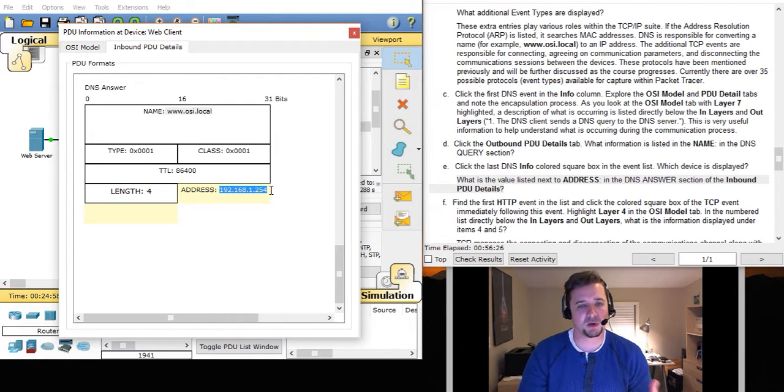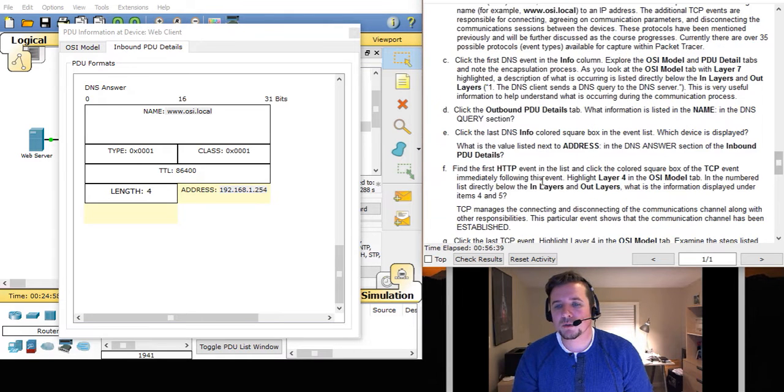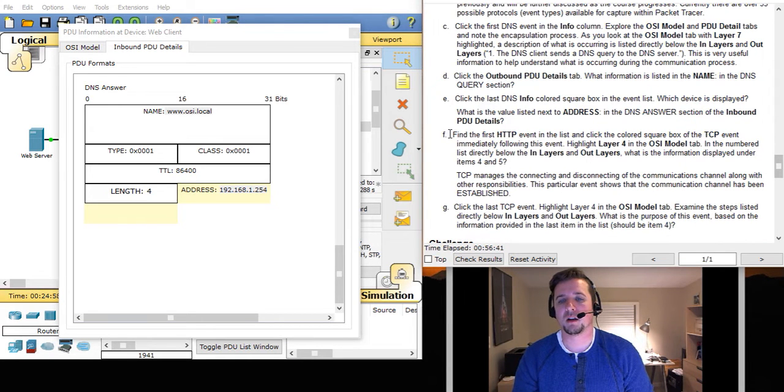There's the IP address of 192.168.1.254. Pretty simple. It's good stuff. DNS. It will save your life. Letter F. Find the first HTTP event in the list and click the colored square of the TCP event immediately following